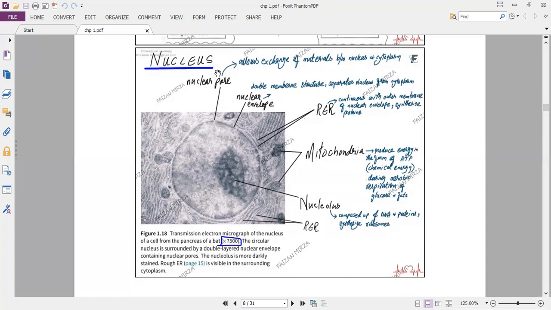And then there is the nucleolus. The nucleolus is composed of DNA and proteins, and the function of this nucleolus, this cluster here, is to produce ribosomes. So ribosomes are produced by the nucleolus, and they get transported out of the nuclear pore, and they go to the cytoplasm, where they may be suspended freely, or they may get attached to this rough ER. You can see these cisternae, these structures, these are rough ER, and they are continuous with the nuclear envelope.